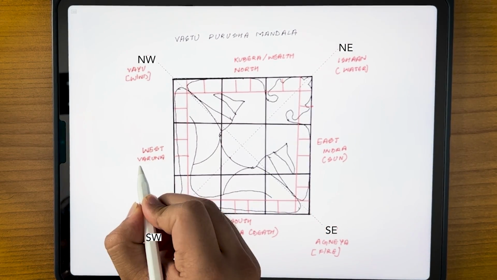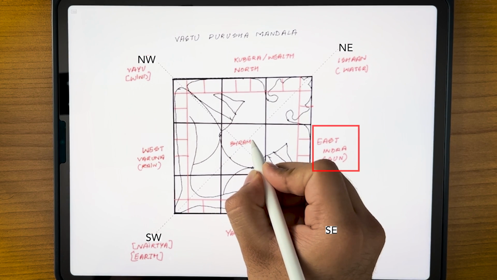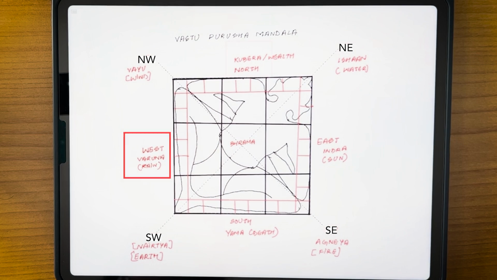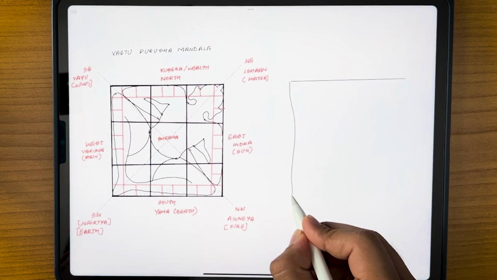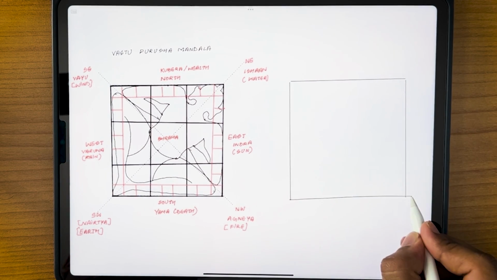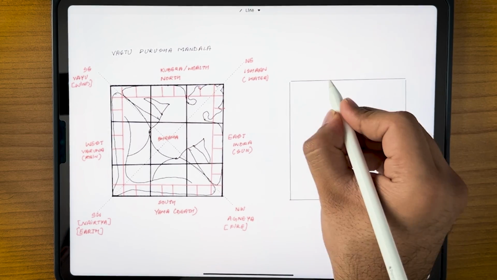For example, there are 4 main cardinal directions: east, which is known as Purav, west, which is Paschim, north, which is Uttar, and the south is the Dakshin. Additionally, there are 4 minor directions: northeast, which is known as Ishanya Kon, northwest, which is known as Vaivavya Kon, southwest, which is known as Nairitya Kon, and southeast, which is known as Agniya Kon, which symbolizes fire. The concept also extends to consideration for spaces above, which is the Urdhva, and below, which is the Adhar. By following these directional principles, spaces within a building can be strategically organized to enhance harmony and balance in line